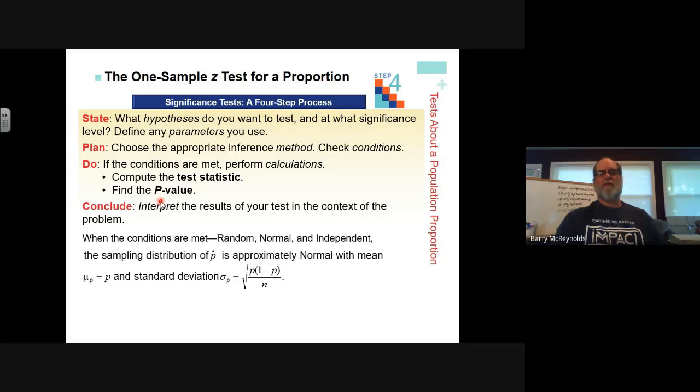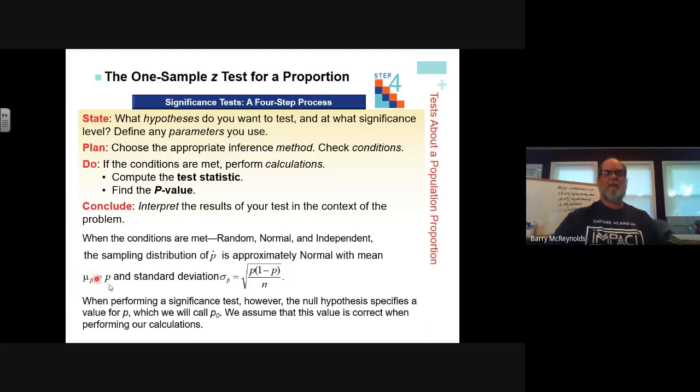And so when the conditions are met: random, normal, and independent. And again, in your response, you can't just say the conditions for random data, normal distribution, and independent values are true. You have to make a statement about how you know they're true. Then we can go ahead and